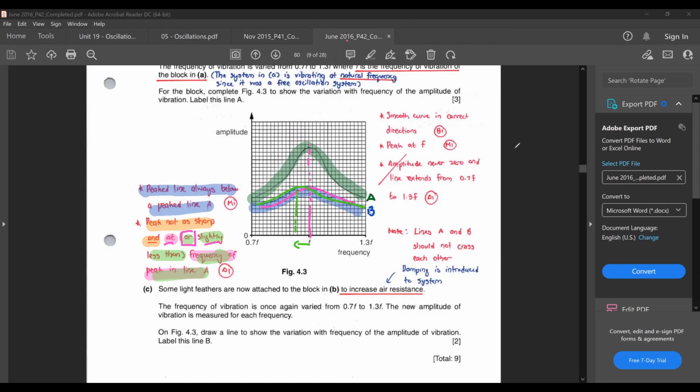Yeah, there's one typo in the writing here. Here they say light feathers are attached to the block to increase air resistance, but then I go and say here damping is introduced in the system, right? This is actually not a correct thing to use. It's more correct to say damping is increased. Damping is increased in the system, not damping is introduced in the system. Damping is increased in the system. Okay,